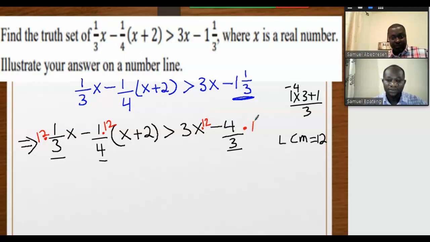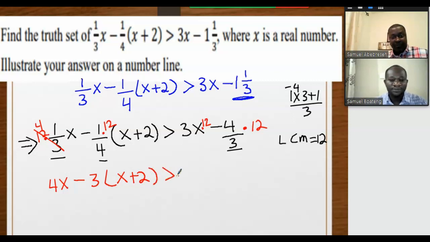Yeah. So on the left-hand side, 3 will go into 12, 4 times. So you have 4x. Yeah. Minus 4 will go into 12 3 times. You have 3 into bracket x plus 2